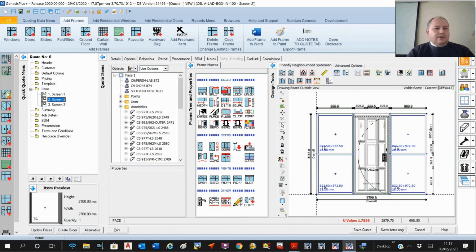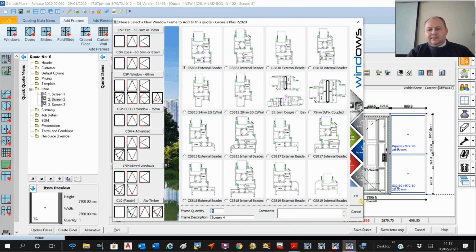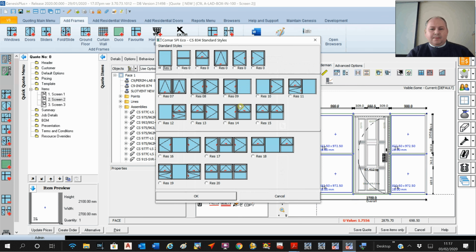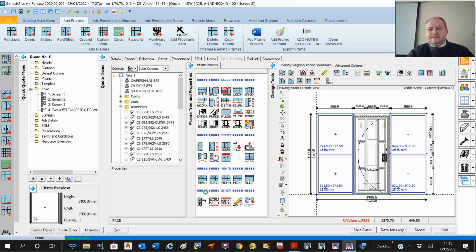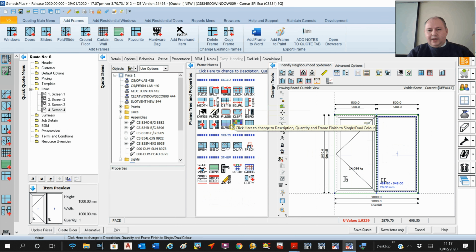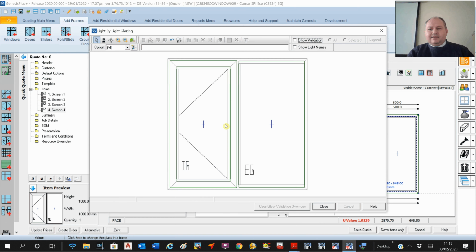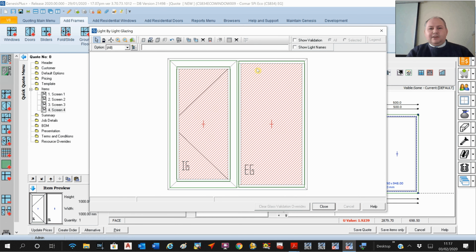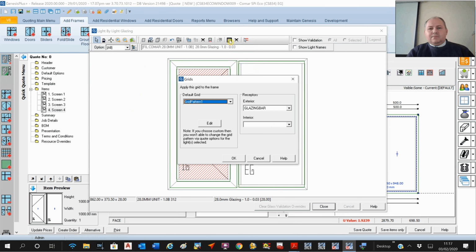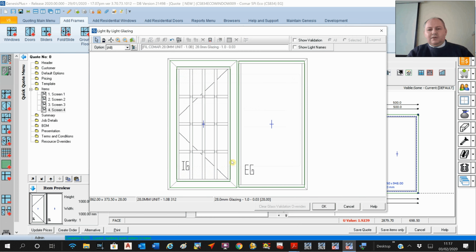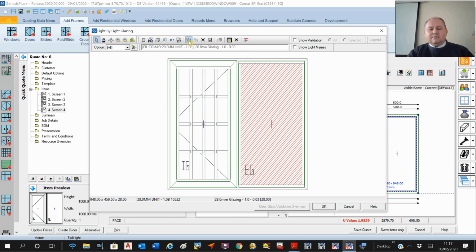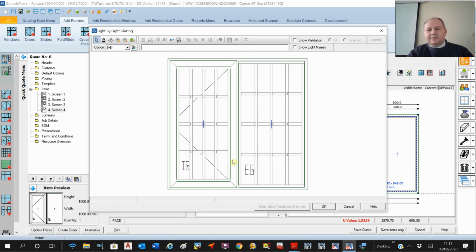Okay, so if I now go and add a standard event back in here again, you'll see in a similar way we can go to the light by light glazing there, and this time instead of doing that, what we can do is we can add a grid. Now this is basically going to be a glazing bar, so it's not going to split the actual section. And you see I can click on there, and then on here I can do the same there. And if you click on there,